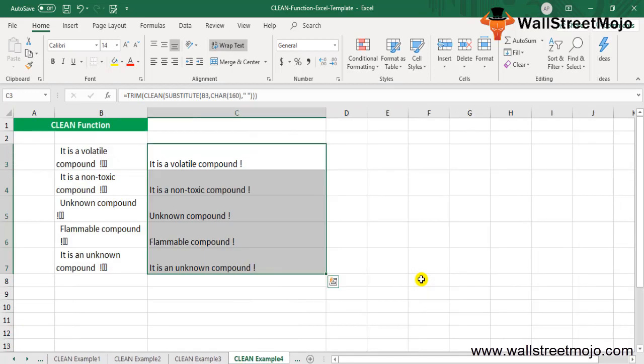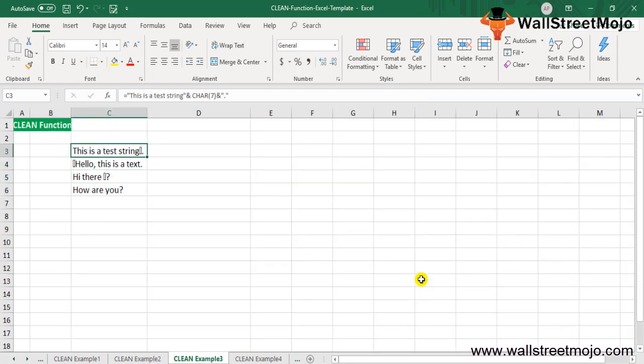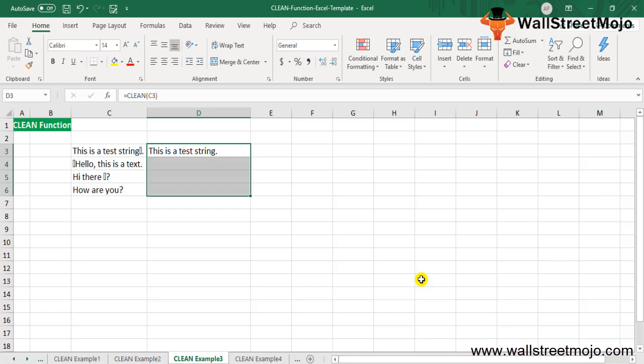Let's get to example number 3 and try to understand the next one. Suppose that you have a text that is given in the range of C3 to C6, and now you want to check if any of these cells contain any non-printable characters. If yes, then get a count of these characters. Well, to do this, you can use some big syntax. You can either use this. This is a text string, and you have the answer, and you can just drag this down and press Ctrl D, right? So it will remove all the